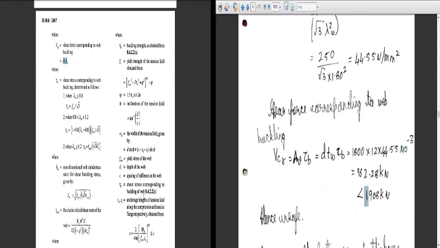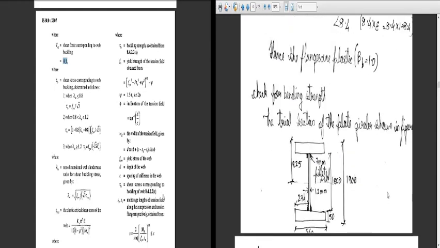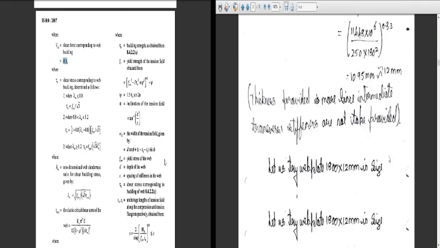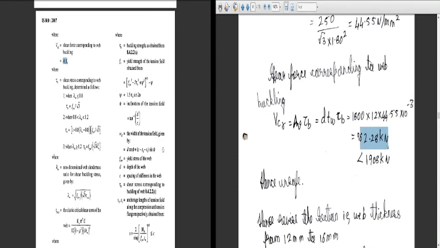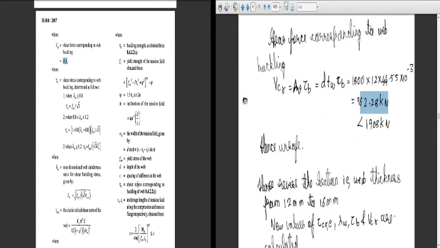So what is happening here? The shear force acting on the beam, which was initially calculated, is 1908 kilonewton. Going back, you can see the maximum shear force is 1908. Whatever we are designing should obviously be greater than 1908, but here we got the lesser value, 962.28 kilonewton, as the shear force already acting due to the loads is 1908. Hence it is unsafe, so we should revise the section. Now, if a revision of the section is required, what should we revise?